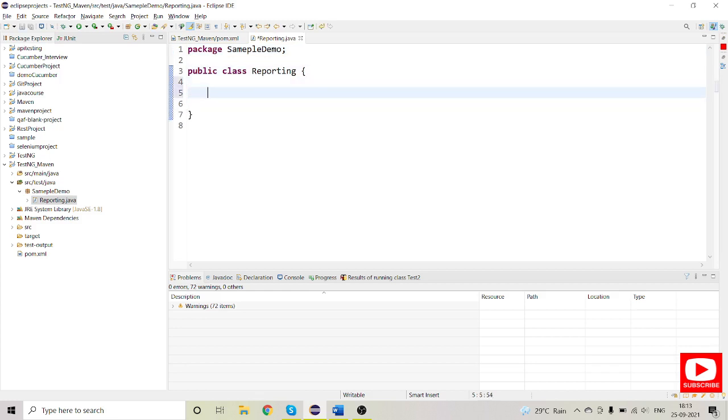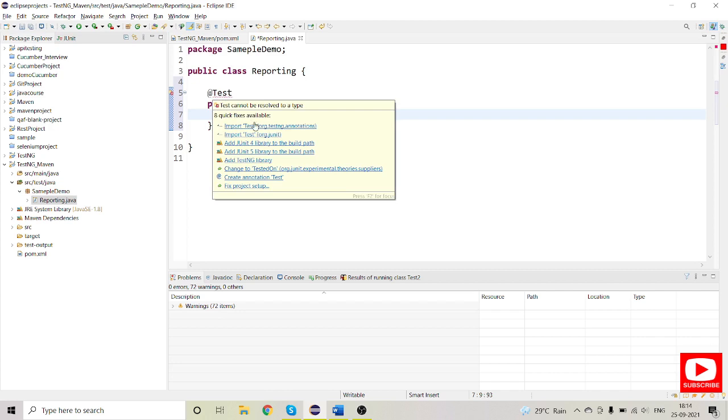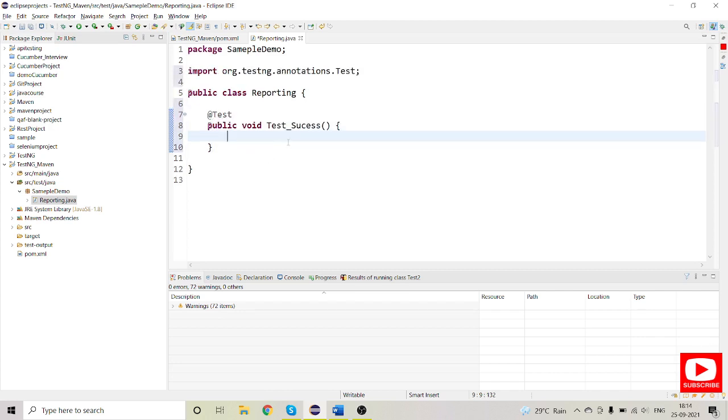Under that I will add three tests: one is success, one is failure, one is skipped. For that I will use the @Test annotation and a public void testSuccess, and let me quickly import the package org.testng.